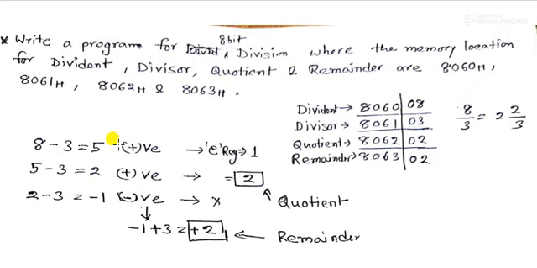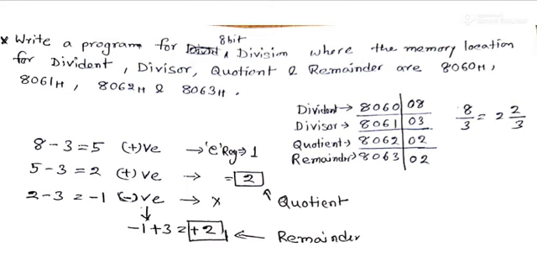There we check whether a number is greater than or less than the other, whether we subtract a bigger value from a smaller value or a smaller value from a bigger value. For that reason we perform some operation. We check some flags. By these flags, we understand whether the resulting number is positive or negative. So in this program, we are using the same logic for checking positive or negative values. I think you understand.